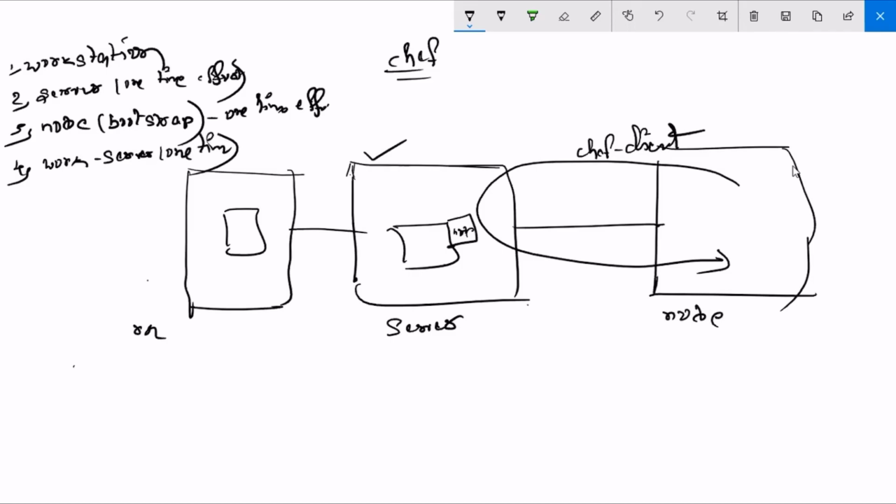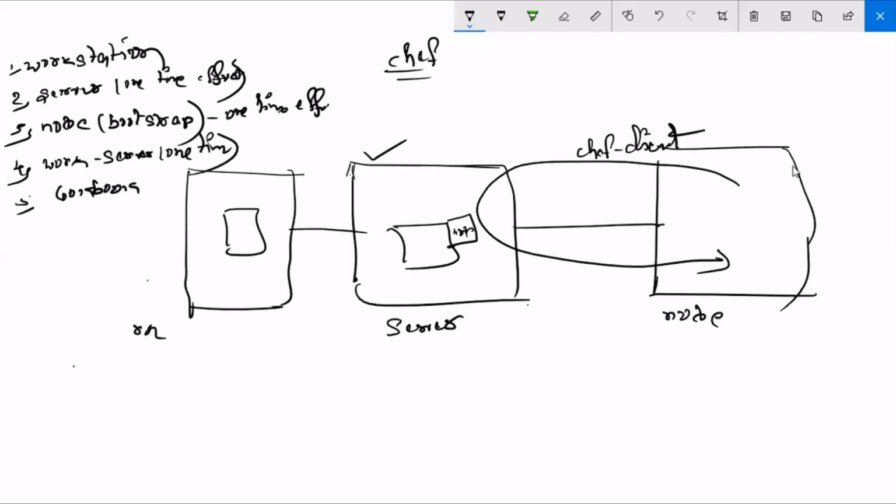Fifth one, you create a cookbook. The cookbook you have to create whenever you want. So we cannot achieve automation here, right? Today you want to write a cookbook, and it won't take much time. Hardly you write 1 or 2 cookbooks.